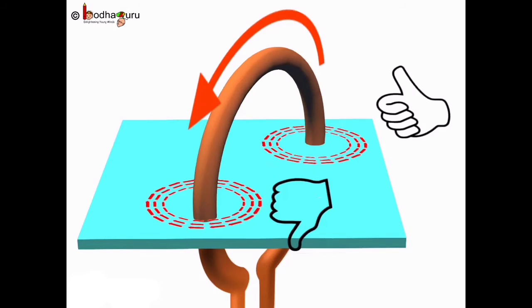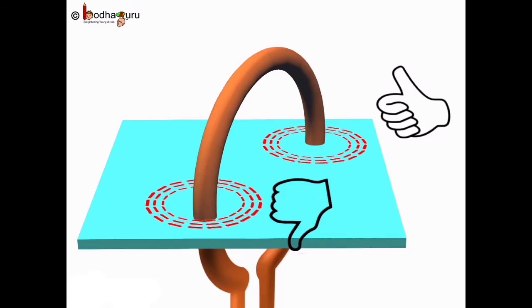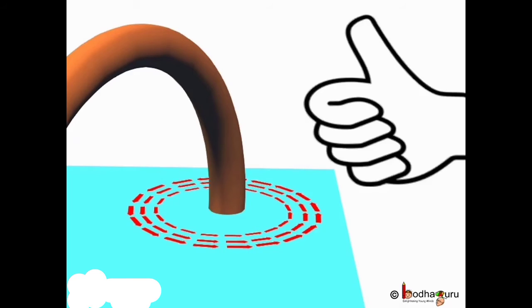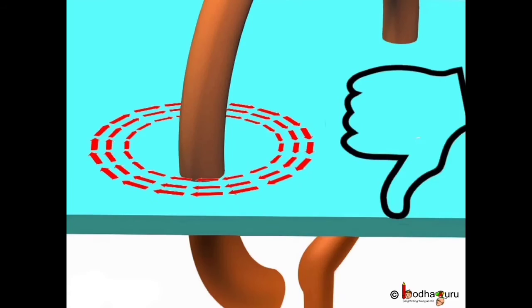Now, the direction of magnetic field of every section of the circular loop can be found out by using the right hand rule. Look here, in this part, the current is flowing this way in the upward direction. And if you wrap your fingers around the conductor with your thumb indicating the direction of current, then the fingers will wrap in this direction. That is, this is the direction of magnetic field, anti-clockwise. Now, if we see the direction of magnetic field here, then the thumb points downward, which is the direction of current, and the direction of magnetic field is clockwise.